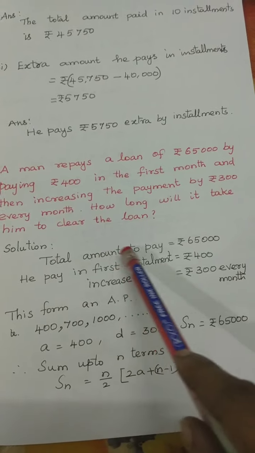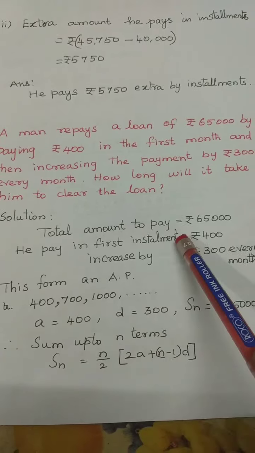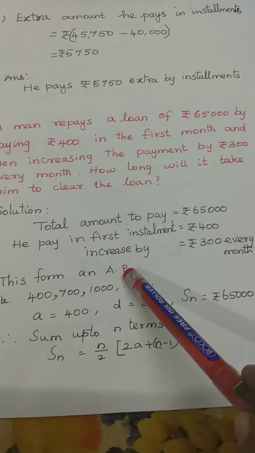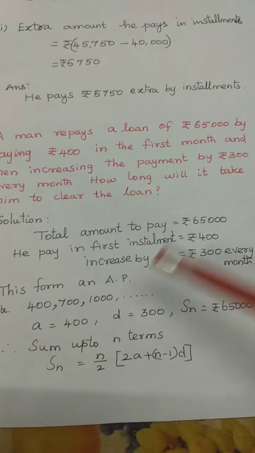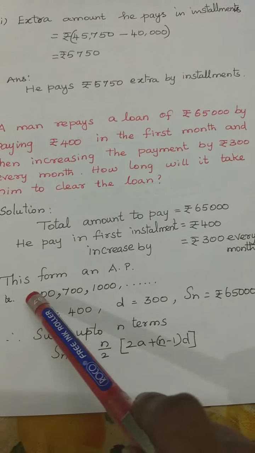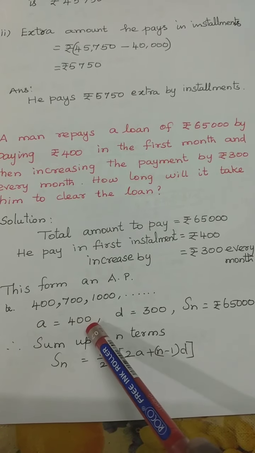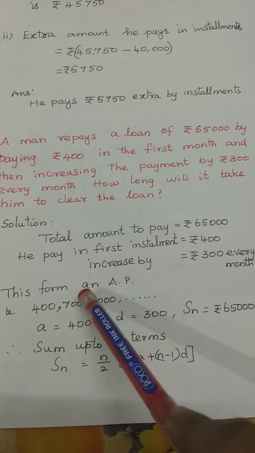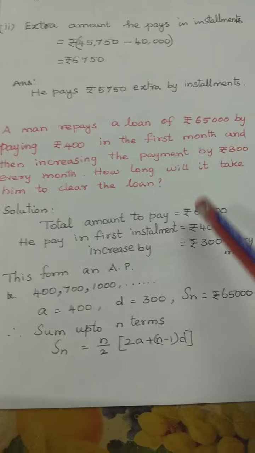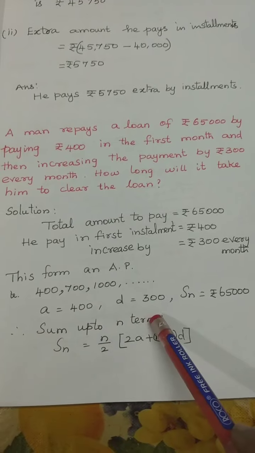Solution. The total amount to pay is 65,000. He pays in the first installment 400, increasing by 300 every month. So this is in the form of AP, because he is increasing by 300. So the difference is 300. So 400, 700, 1000. Then A is equal to 400 and D is equal to 300. Sn is given; the total amount Sn is equal to 65,000. But we don't know the